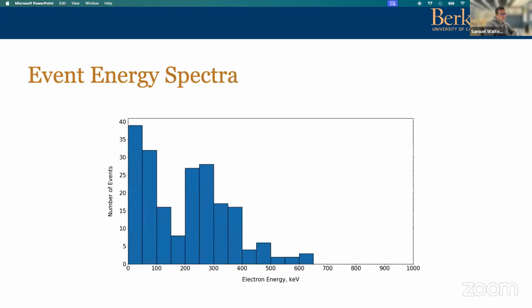Which leads me on to this plot, the energy distribution of our events, without any MLT, which turned out to be really, really strange. I still don't have an explanation for this.